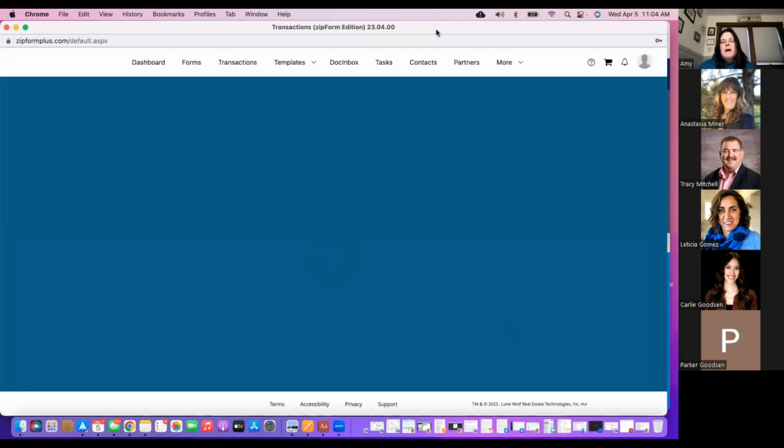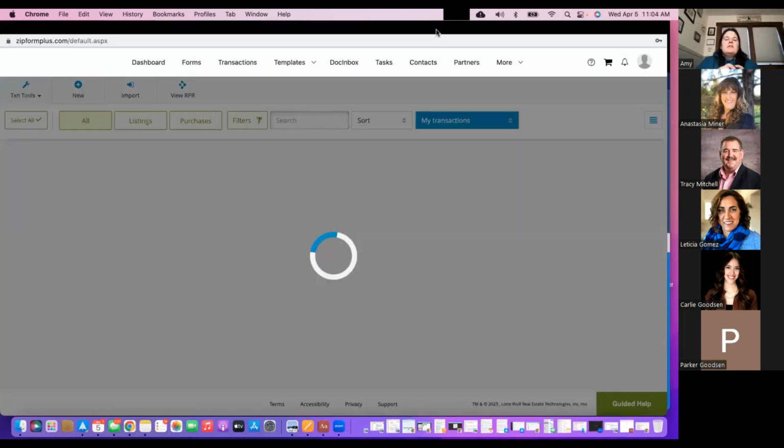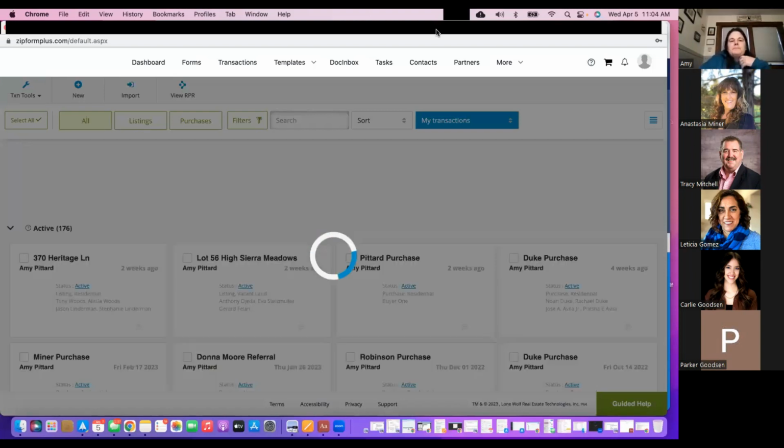For your buyer transactions, you are going to create a new folder if you've got a new buyer that you're creating this BRBC for. So the way that you want to create that new file,